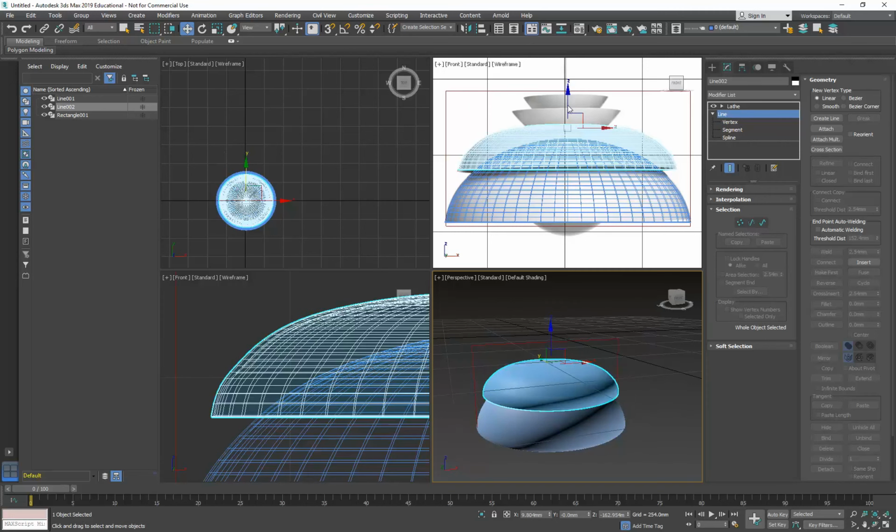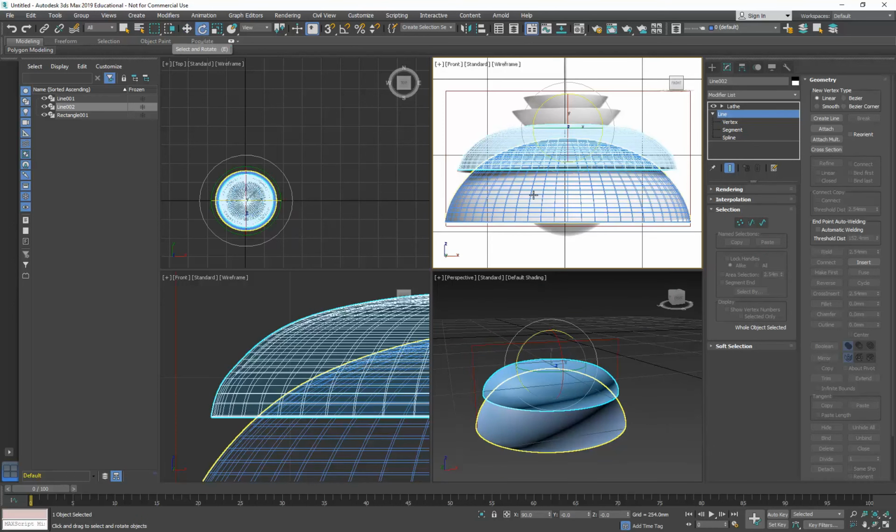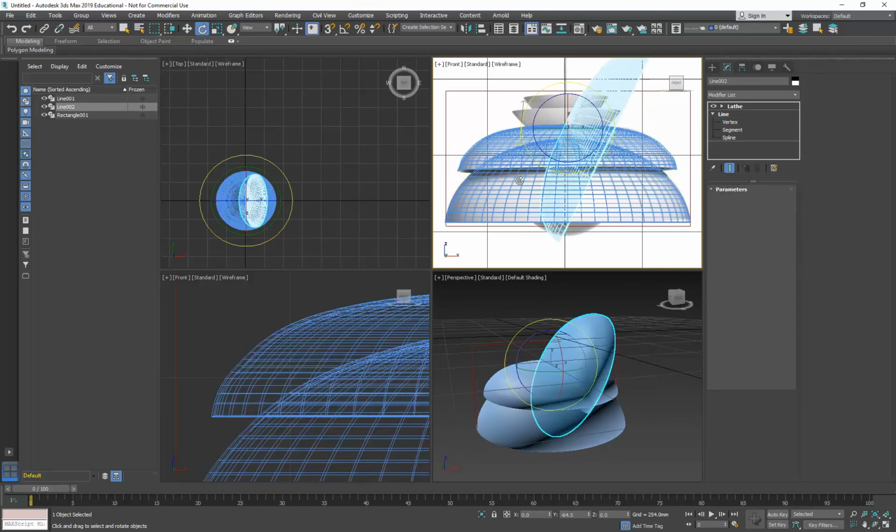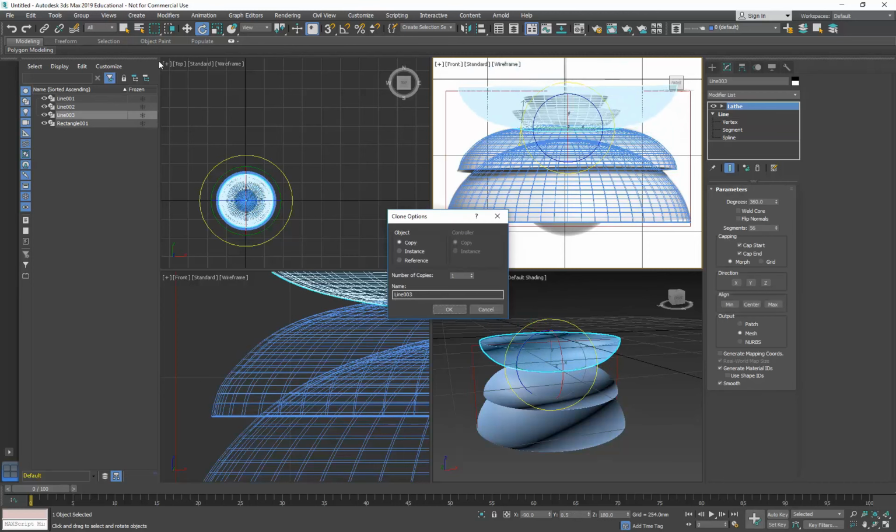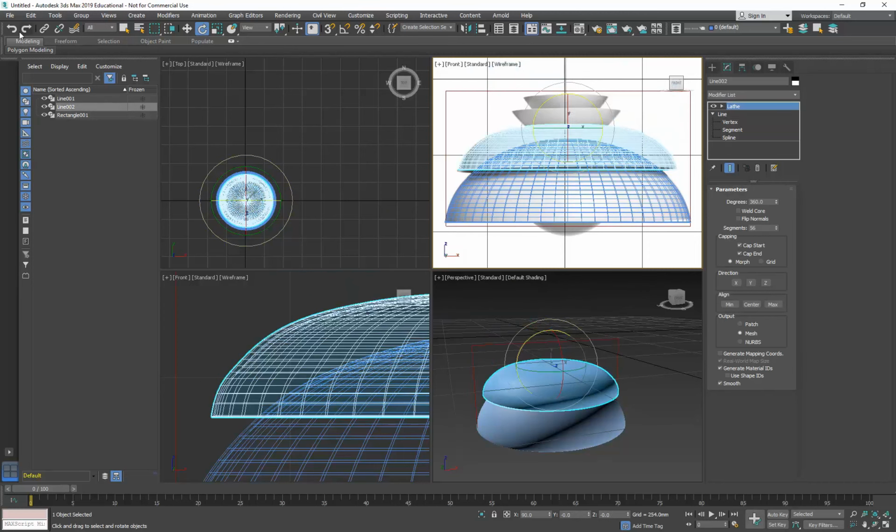Okay, so now I want the next one to be inverted. There's a few ways of doing this. You could mirror, but I think it's easier just to rotate. So I'm going to use rotate. Hold down Shift, and then click and drag on the grey circle. And that will rotate using